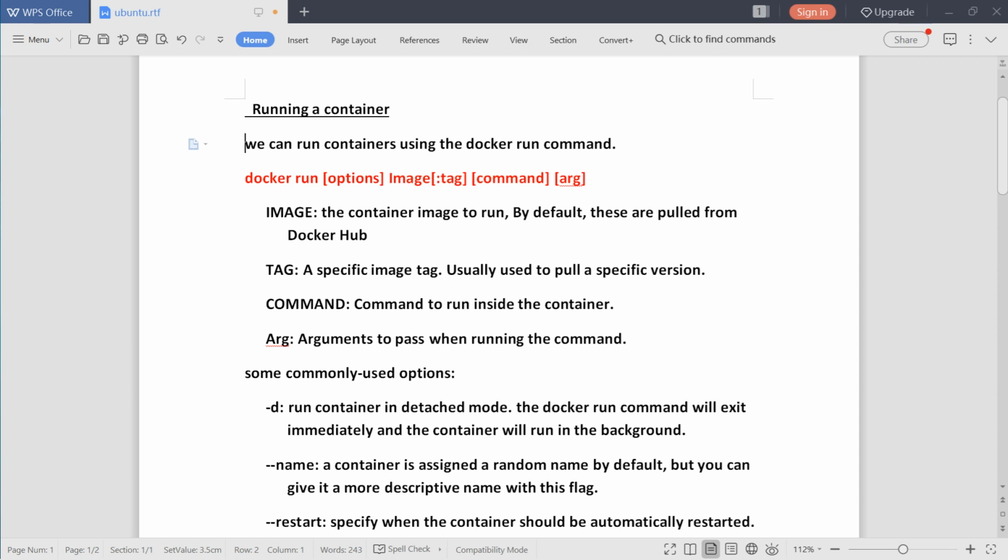Then tag: a specific image tag is usually used to pull a specific version. The tag is nothing but a version. If we take an example of the nginx image, a number of tags are added to that image with the same image name, that means versions.